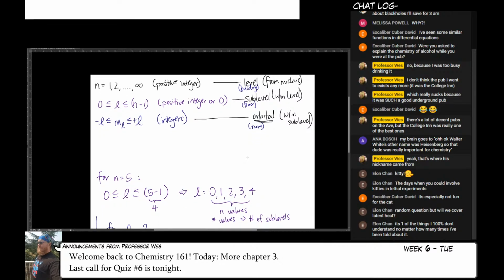Now, you'll notice that there's one more quantum number that we haven't talked about just yet. And that's because that number is thankfully very simple. And it's going to be either positive 1/2 or negative 1/2. And this has to do with a property called spin, which we'll talk about a little bit later. But I did just want to have all 4 quantum numbers on the page. So there we go. Those are our 4 quantum numbers